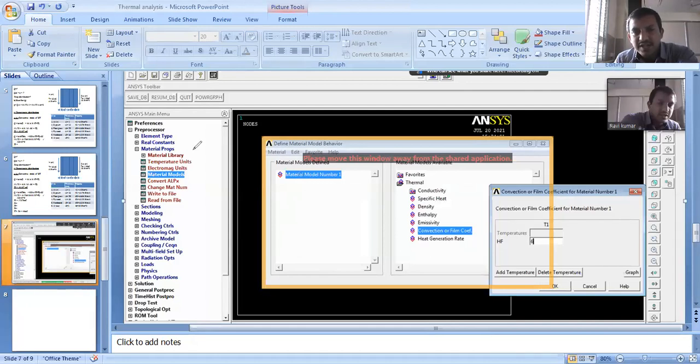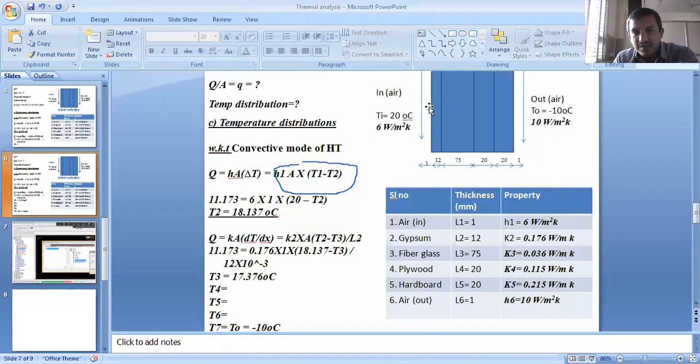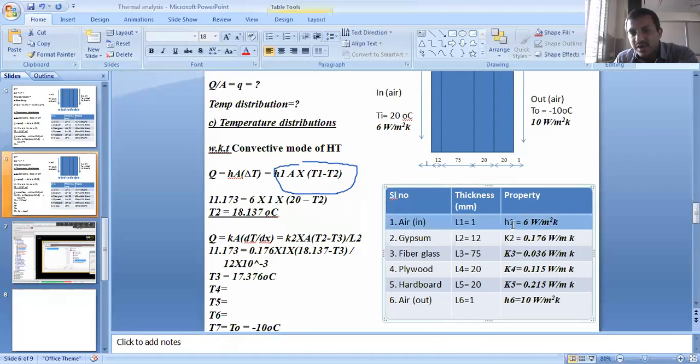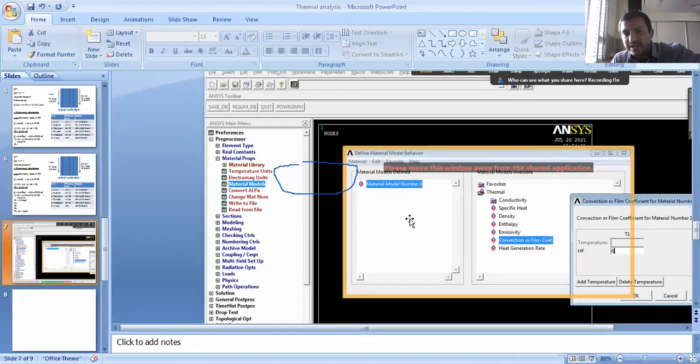Once you select material properties, material models, it will ask for material model number 1. What is material model number 1? Material model number 1 is air, right? Then I want to enter the property of the air. It is 6 watt per meter square Kelvin. That is what we entered here.